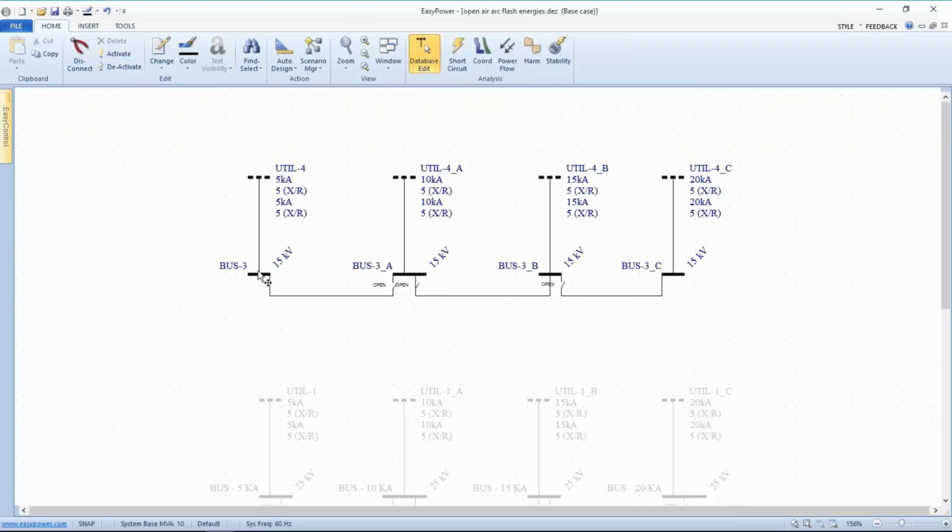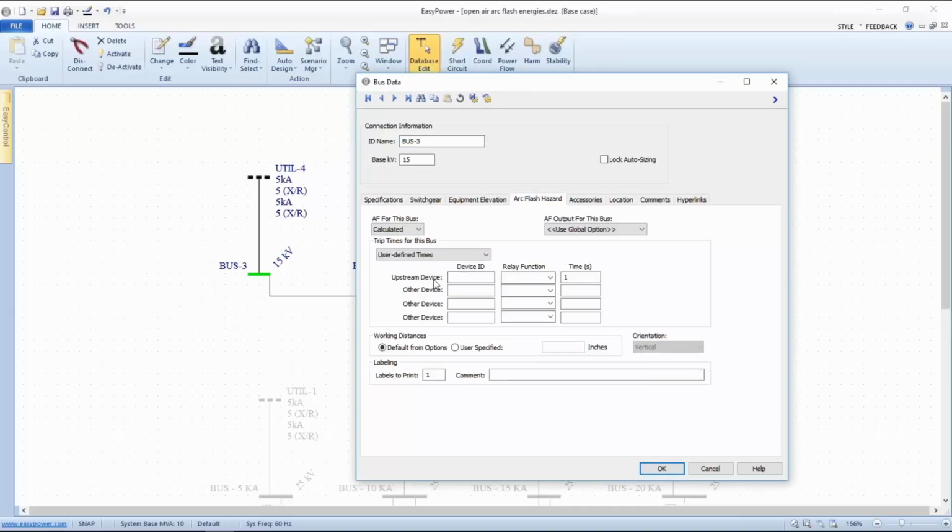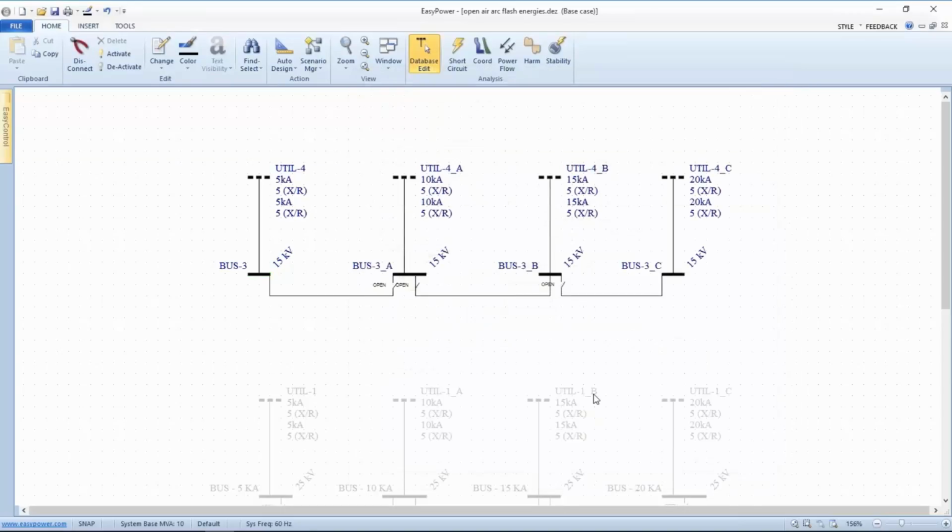And what we've done, very much similar to what we did in the previous example, everything's set up as an open air bus, except in the arc flash hazard tab, I'm limiting the maximum time to 1 second. The benefit of that is we're essentially normalizing, since EasyPower doesn't show, even though we're calculating the heat flux density, what we actually show are the incident energy, and that's the result of the heat flux density times time. And so at 1 second, that will be the same units as you'll get from that chart that we were just looking at from OSHA. So with that said,